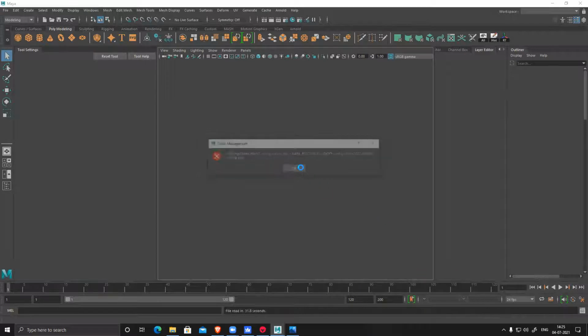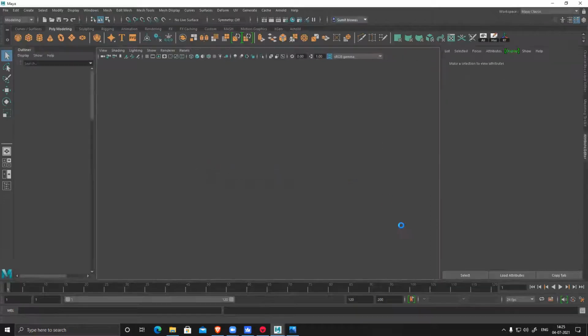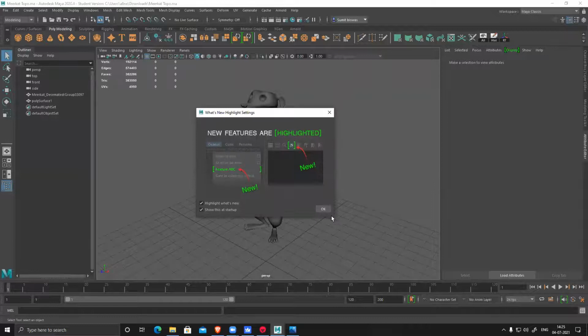Okay, it's Maya 22. I cannot open it. I have only a Maya 2020 license, I don't have a Maya 22 license. So, it opened. Still, it opened.